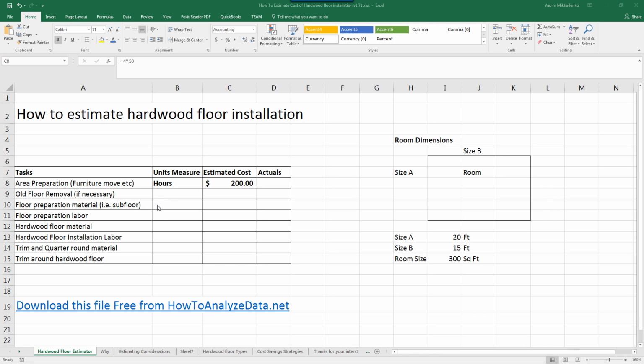So if we look here, in our chart we have subfloor preparation, right? Here you would have to estimate what's needed, and it's very unique, depending on what you have. Maybe you have carpet, let's say, then you have carpet removal, right? Because you can't put hard floor on carpet, and then you need to do the floor preparation itself. Maybe in the case of tile you want to either put a subfloor on, or you can do a floating floor, but that's something to consider, right? So it's optional tasks, only if necessary, but you kind of have to know and maybe consult with somebody before